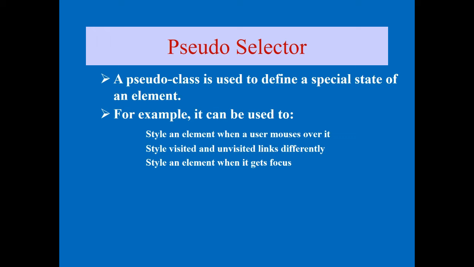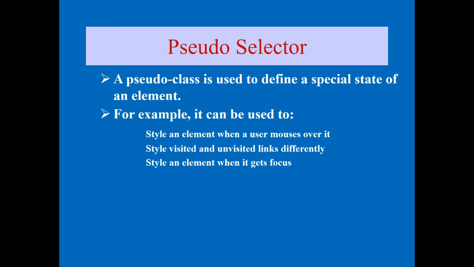In the same way, style visited and unvisited links differently. If you want to manage some kind of differentiation between links that were visited and not visited, then also we can apply pseudo selectors. It means we can consider how many times the mouse went or did not go there. In the same way, whenever an element gets focus, where you put your mouse somewhere, the color will become a little bit darker, some impact is there. That kind of thing we can do with the help of pseudo selectors.